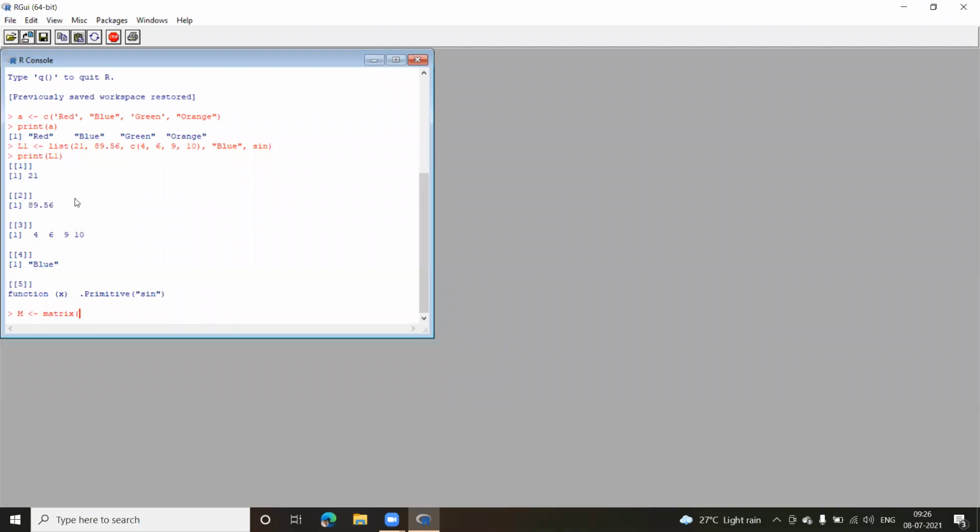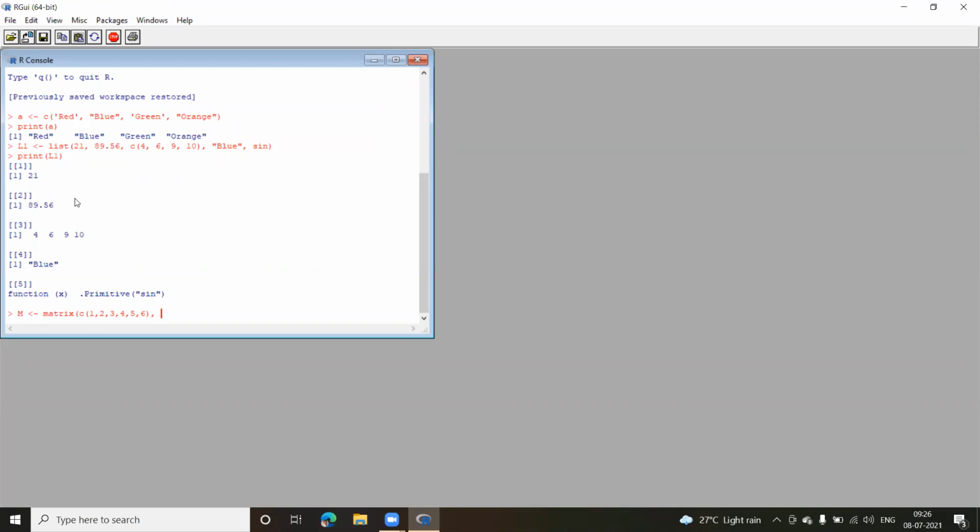So here also what I can do is write c in round bracket and pass some numbers: 1, 2, 3, 4, 5, 6. I have passed 6 values, more than enough. Complete this round bracket. Now after passing the values as a vector, I have to specify something. There are multiple parameters in this function.